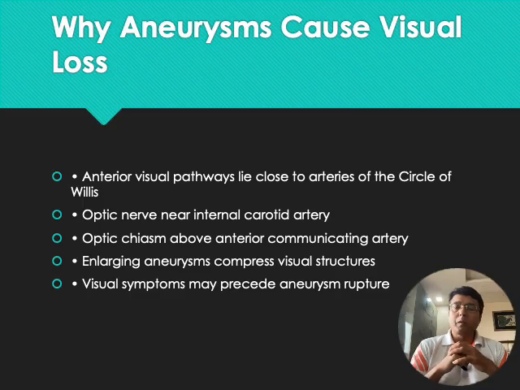From the particular diagram you can easily identify the close proximity of the anterior visual pathway to the arteries of the Circle of Willis. As I have already discussed, the optic nerve lies near the internal carotid artery, and the optic chiasm lies above the anterior communicating artery. So in the said question, the structure involved is the optic chiasm